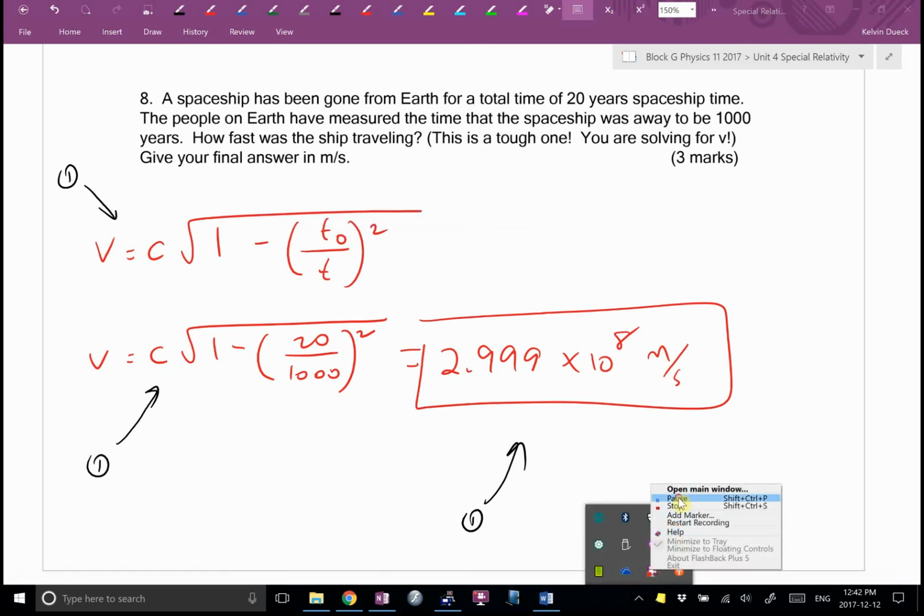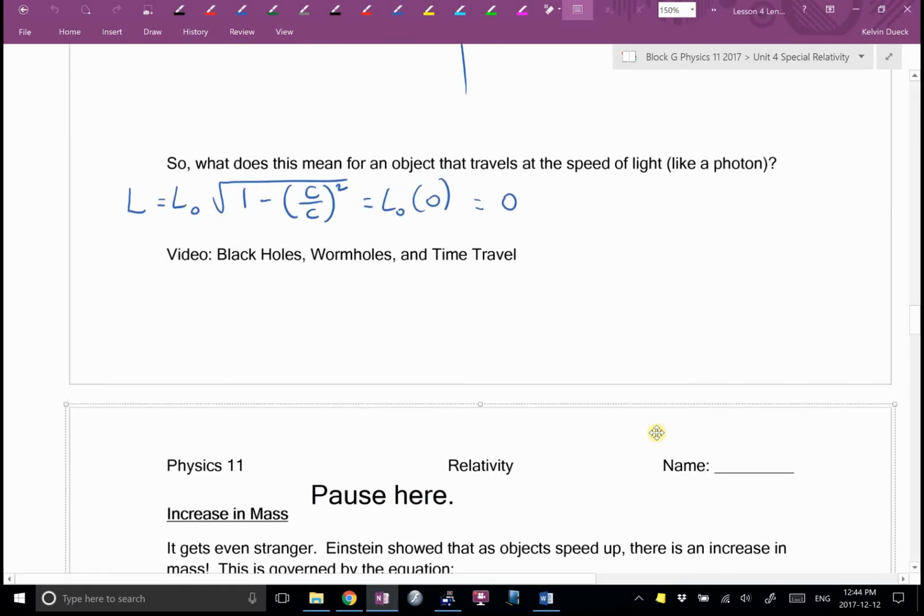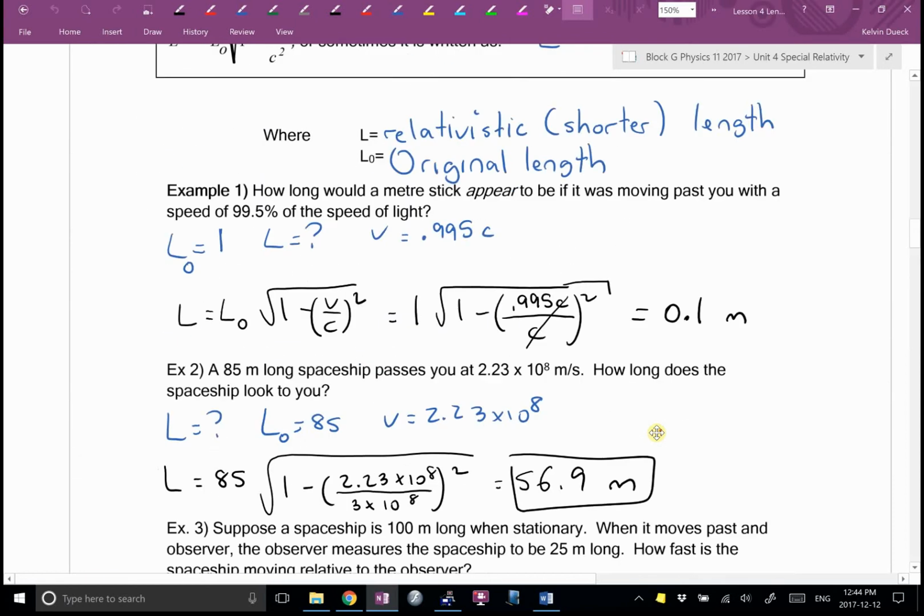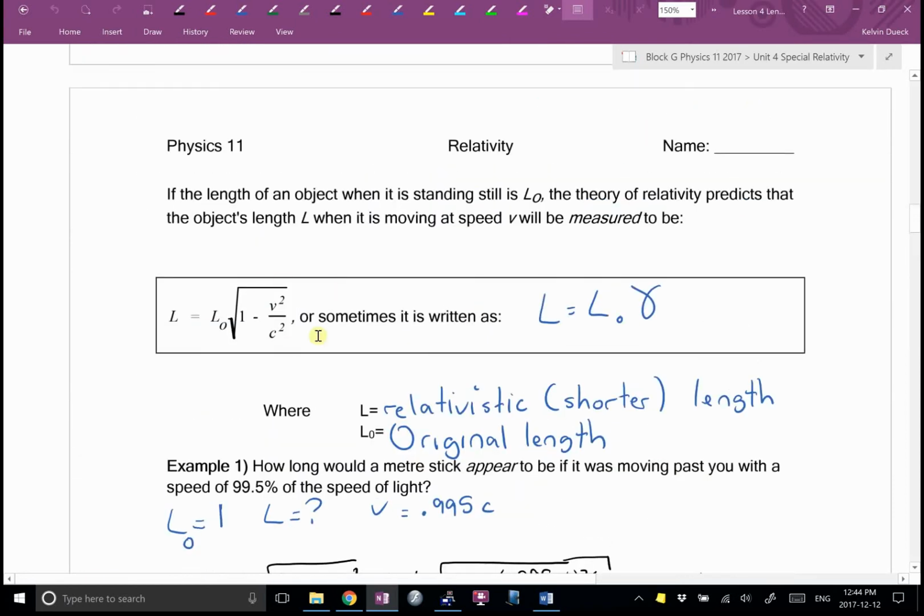Pause the video. So last day, we started talking about the length equation. This is for those of you that were away. It's on your green sheet. We said that length is contracted in the direction of travel. In other words, if